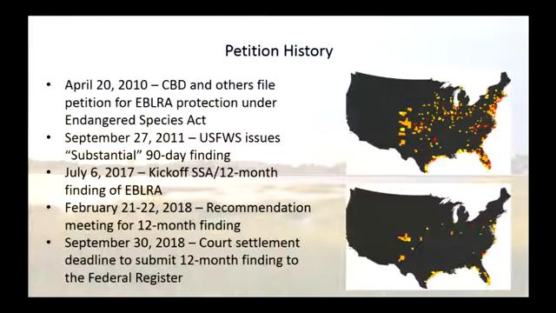So the service was petitioned to list the black rail, the eastern black rail, in 2010. The Center for Biodiversity Conservation again. They produce a lot of petitions every year for the service, and when they don't like the result, they sue the service over the decision process. But they petitioned the service to list the species.